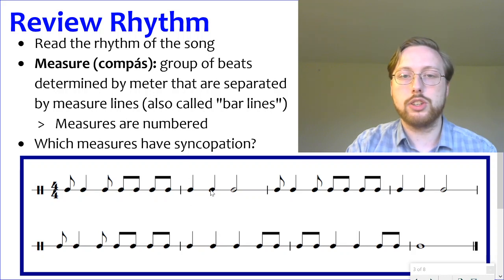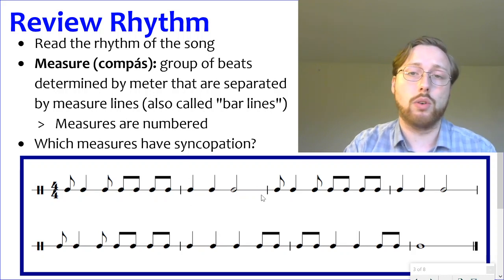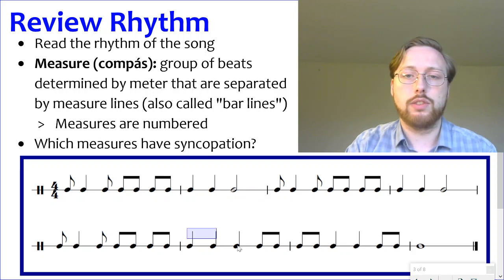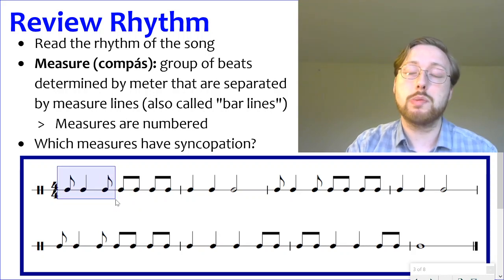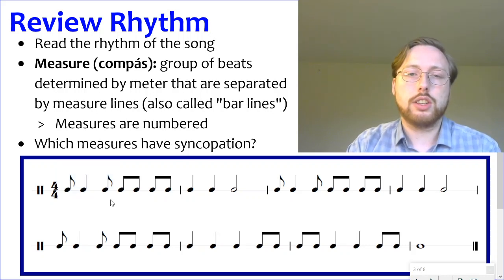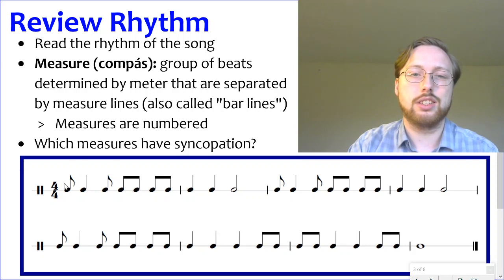We said this one was 1, 2, and then a half note or a ta-a, 3, 4, 2 beats there. This one also had 4 beats, 1, 2, 3, and that ti-ti is also 1 beat. In this measure, we have a ti-ti, that's 1 beat. We have a ti-ti, that's another beat, so that's 2 beats, which means that this ti-ti-ta-ti phrase must also be 2 beats long. You also can tell because this ta is 1 beat, and then each of these is half of a ti-ti. So together they have another 1 beat. So this is altogether 2 beats. Our ti is 2 beats, and this is 2 beats and 2 beats.